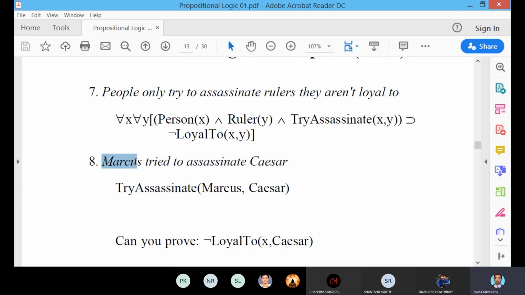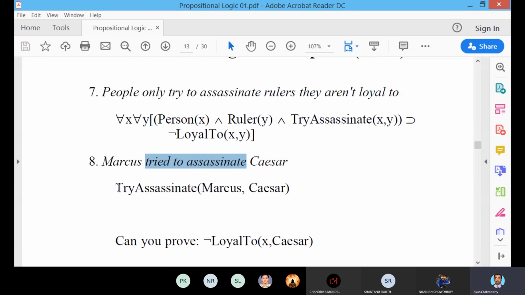Marcus is an object and Caesar is an object, and these two objects have been connected with the function or predicate try to assassinate.